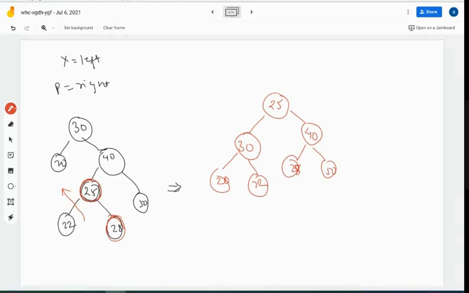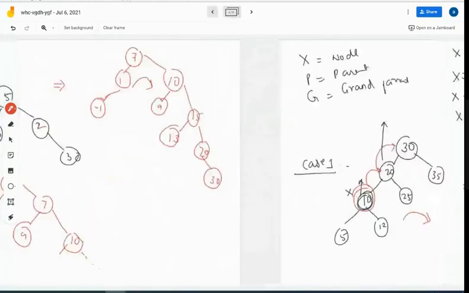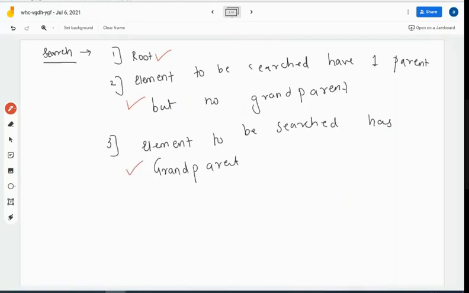Now, this condition occurs only when you have the third case in which you have the grandparents for a particular node to be searched. Now, it may not be necessary that the grandparents will always be the root node. It may happen, it may not be the root node. So accordingly, we need to apply and make the node to be searched the root node.